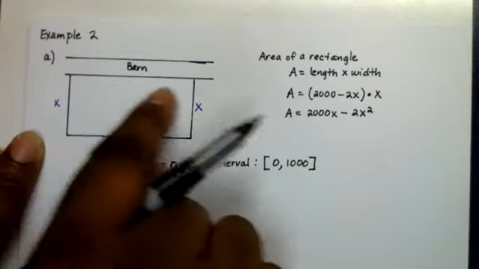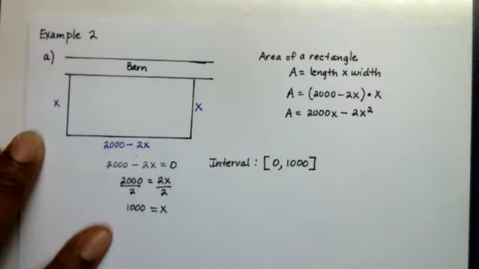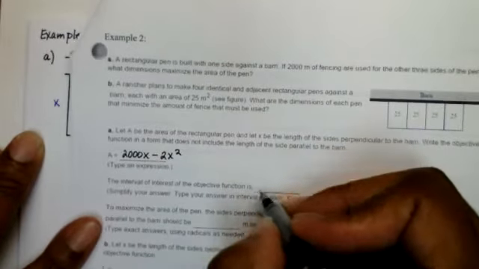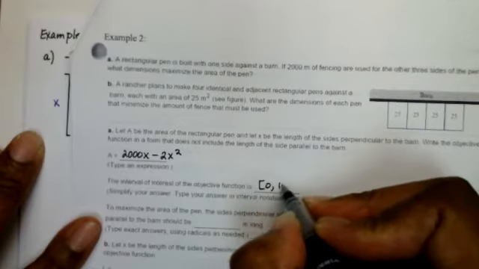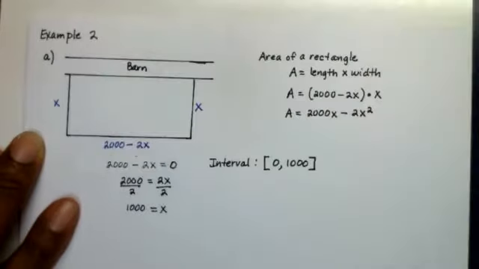That would mean the whole fence will have to be 2000 meters, or the length of that side will have to be 2000. So the interval of interest would be from 0 to 1000. And now from here, we can answer this part right here,